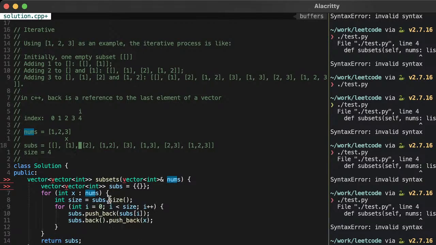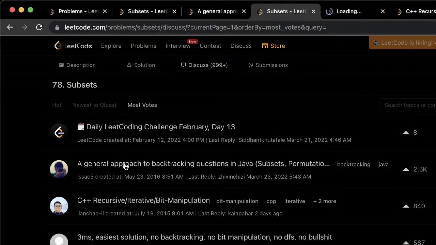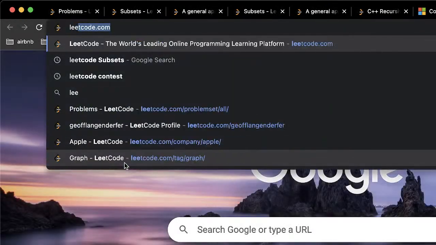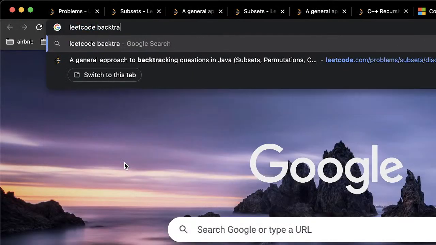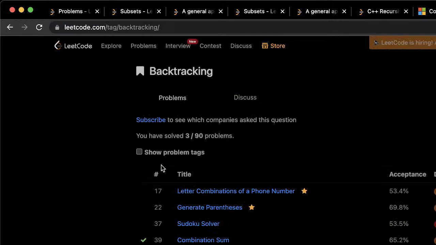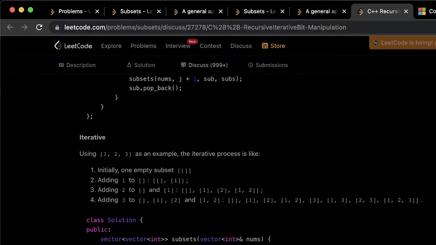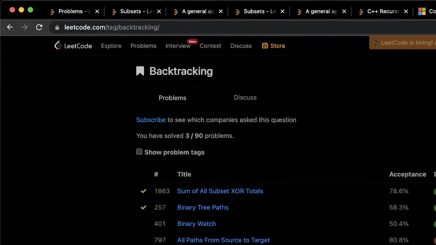I think this one, to understand this backtracking thing, you just have to do a bunch of backtracking problems. So I would search LeetCode backtracking, and I would search by difficulty, and I would start after the easies and just try and do like 5 problems. Go back and see if it makes more sense. If not, that's okay. Come back and do 5 more problems.